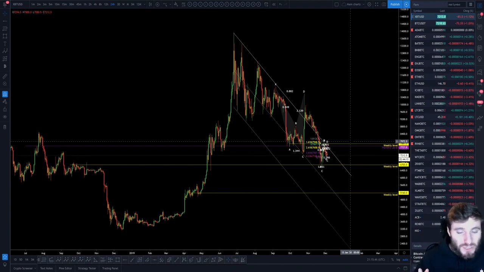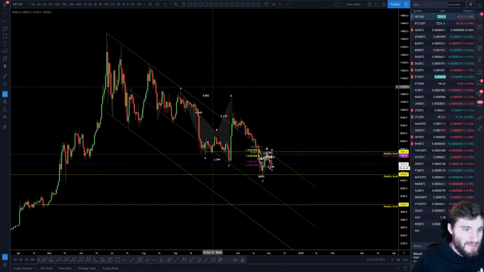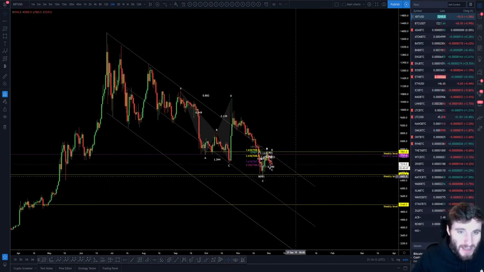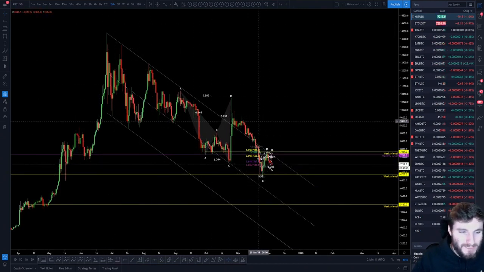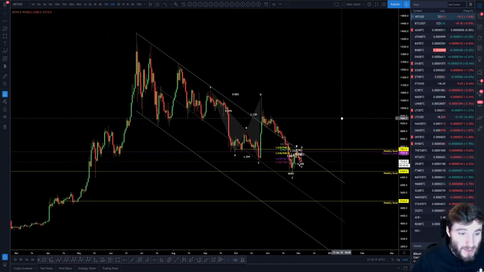So yeah, all I want to say is take it with a pinch of salt, because by next week I can totally change my perspective. But as it stands right now, I'm leaning to lower prices on the macro, without a shadow of a doubt. This is very, very bearish market structure right now.